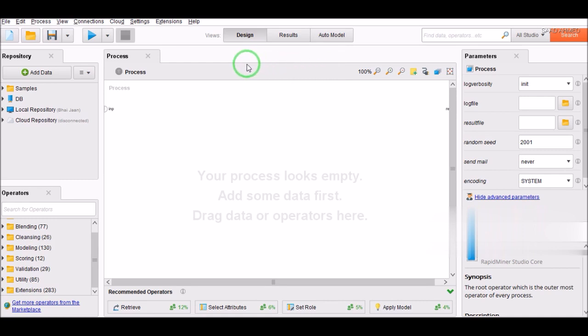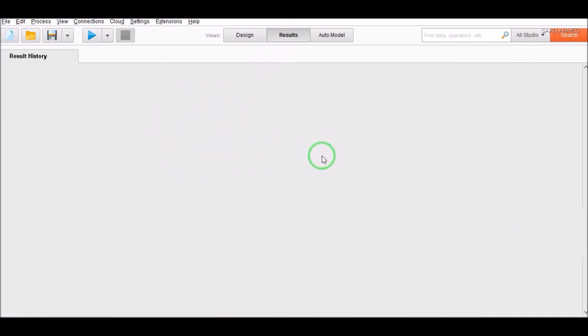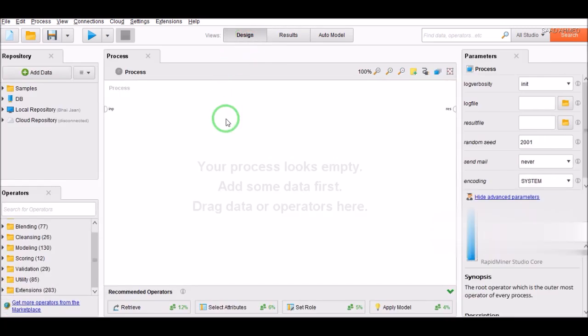Anyway, this design view, if you click here, you can see this workspace which says process, and this is the area where you can create your models, design your models. If you click on results, you will see this result history, and when we run our model, we can see results in this view. Anyway, back to the design view, and starting from the top left, you can see this